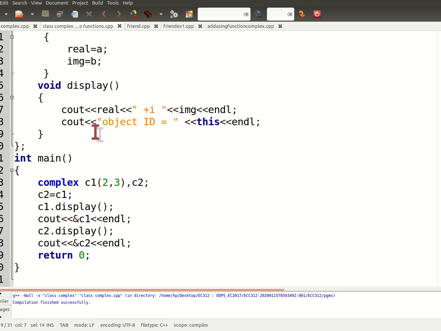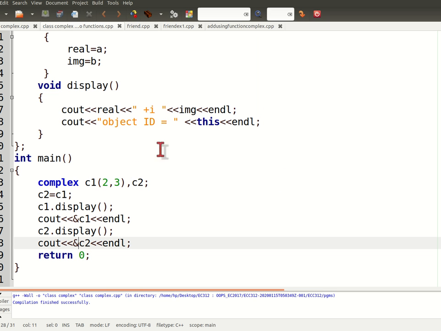Here we can see that ampersand c1 is the address of c1, and ampersand c2 is the address of the c2 object. They are not the same objects. They are different objects, c1 and c2, but the values of c1 and c2 will be equal.